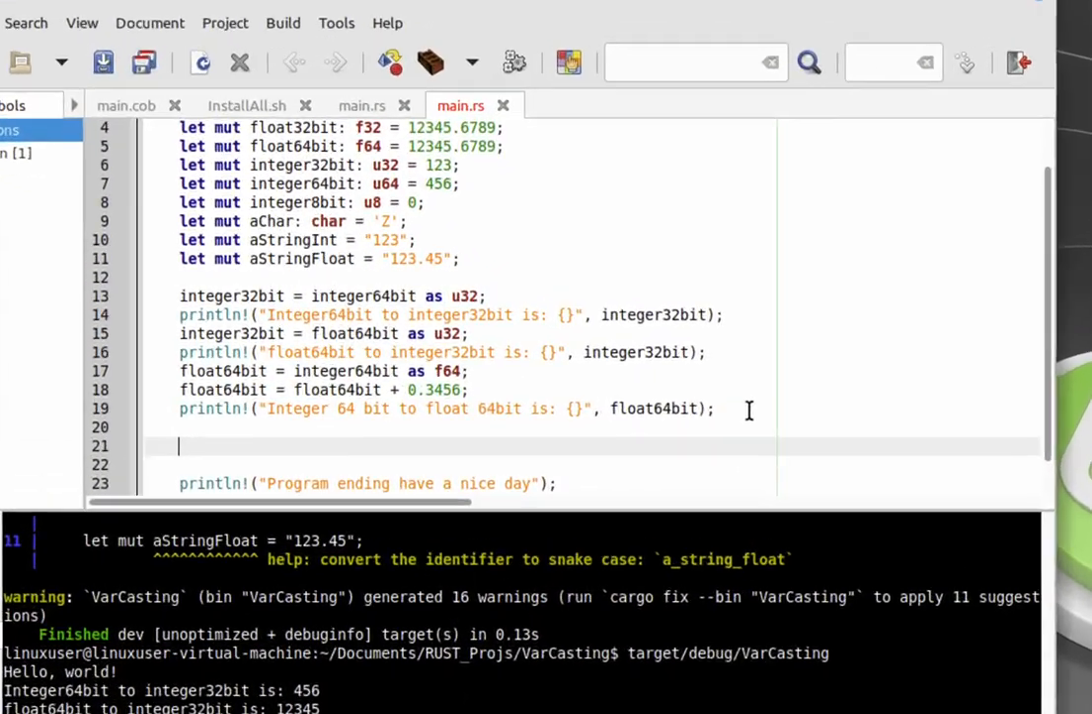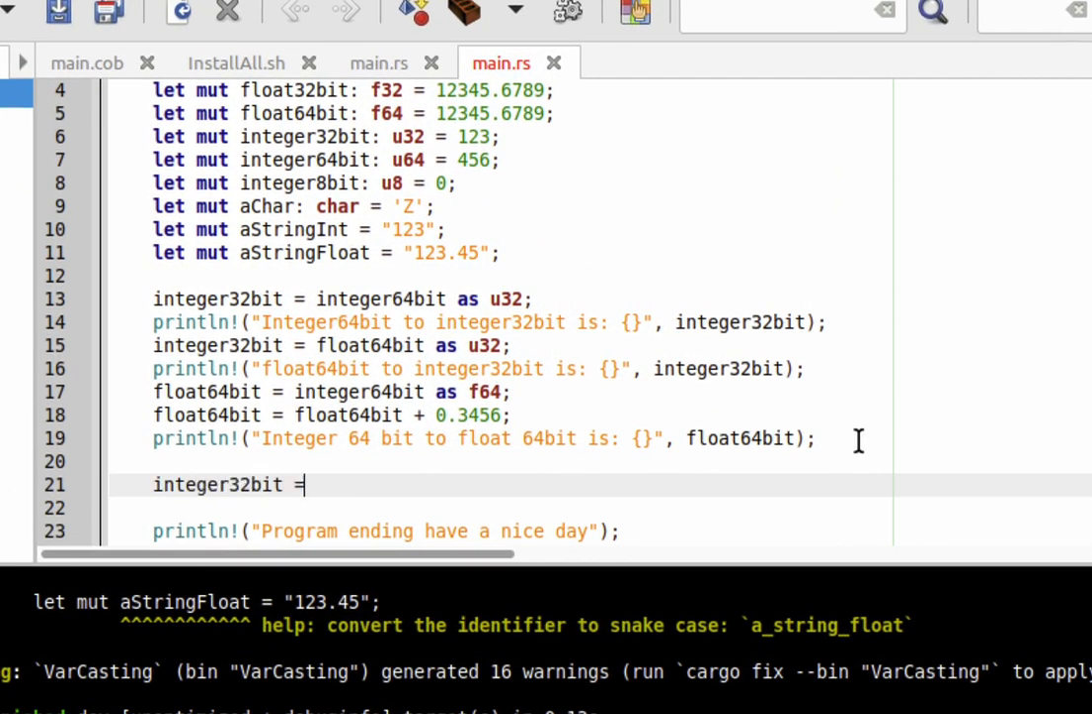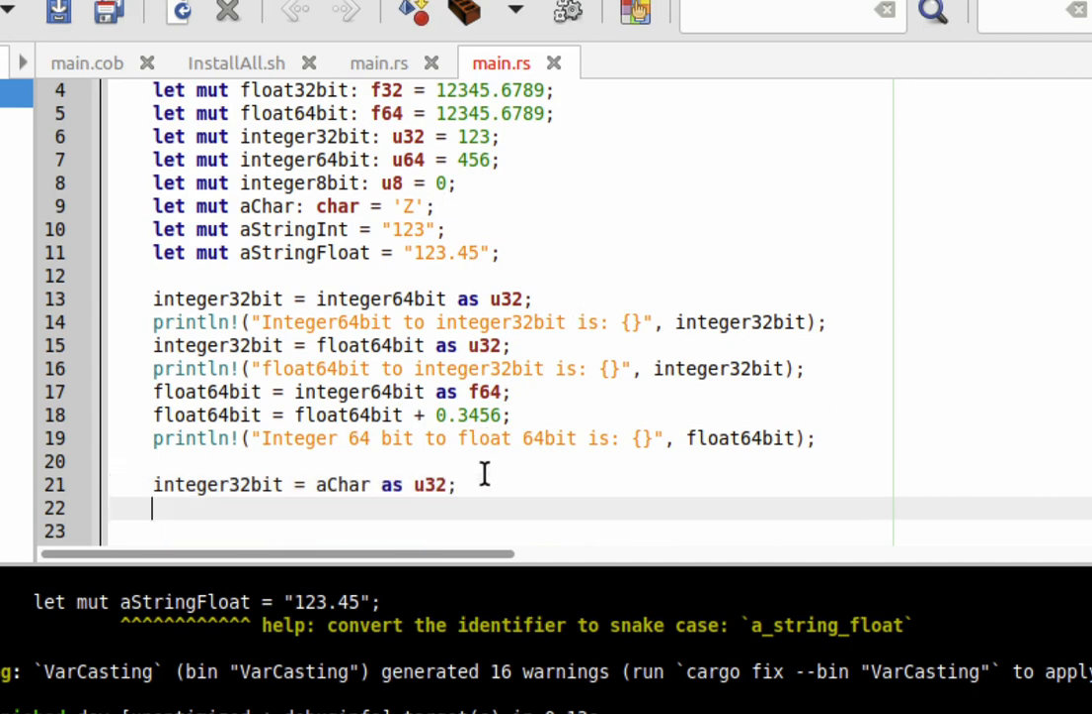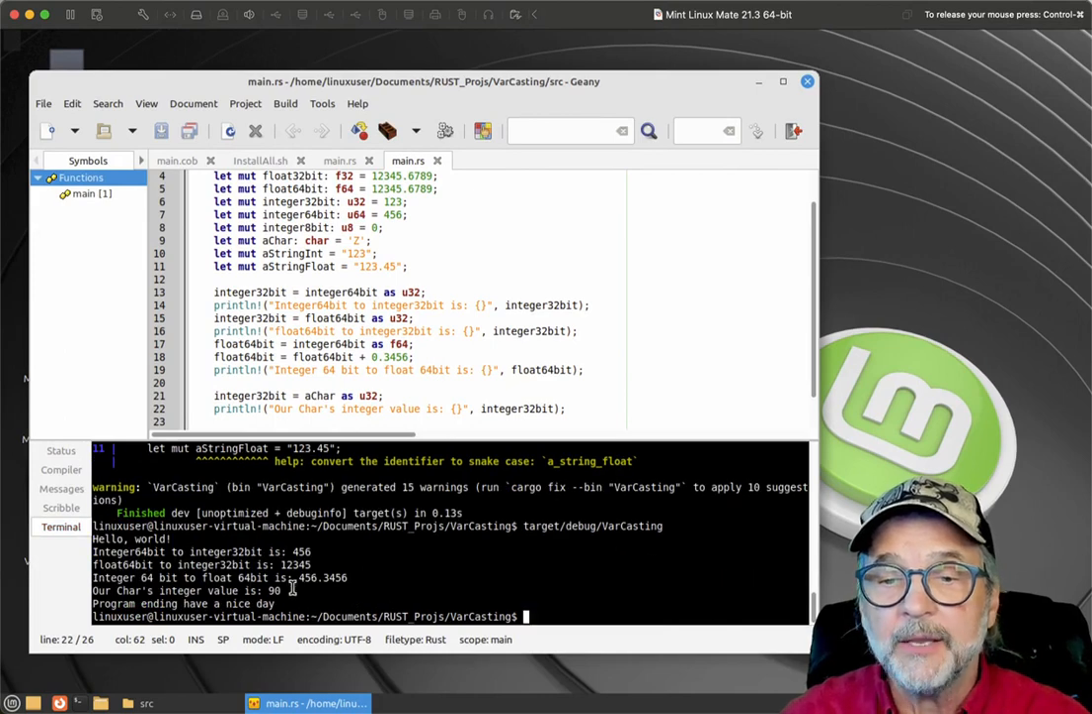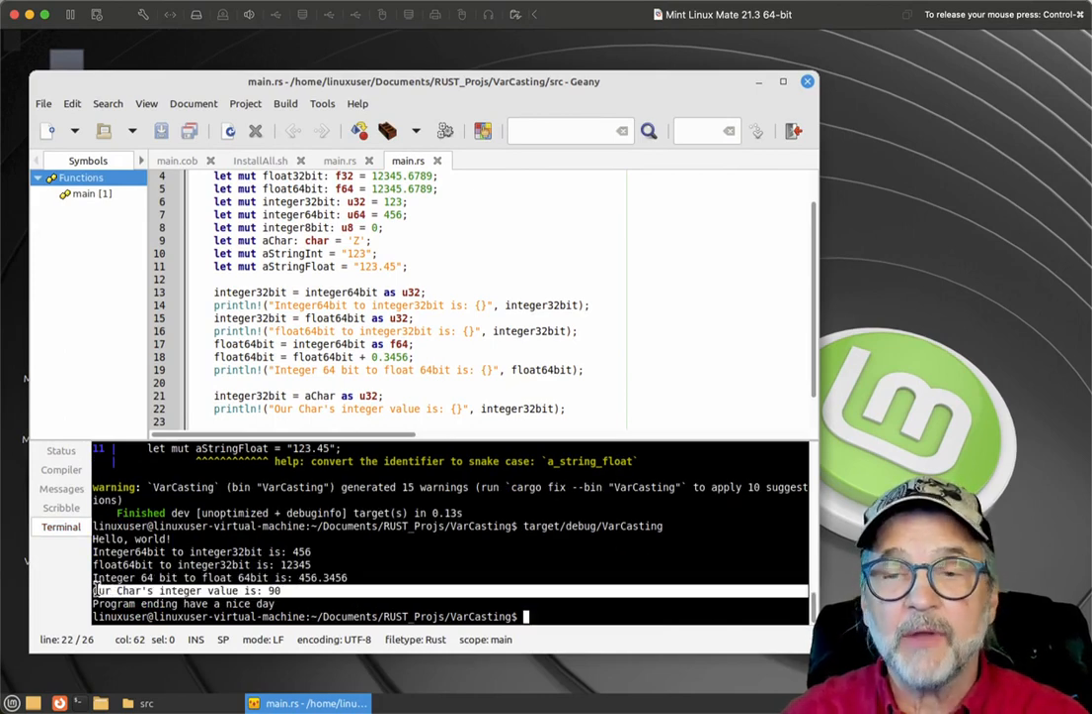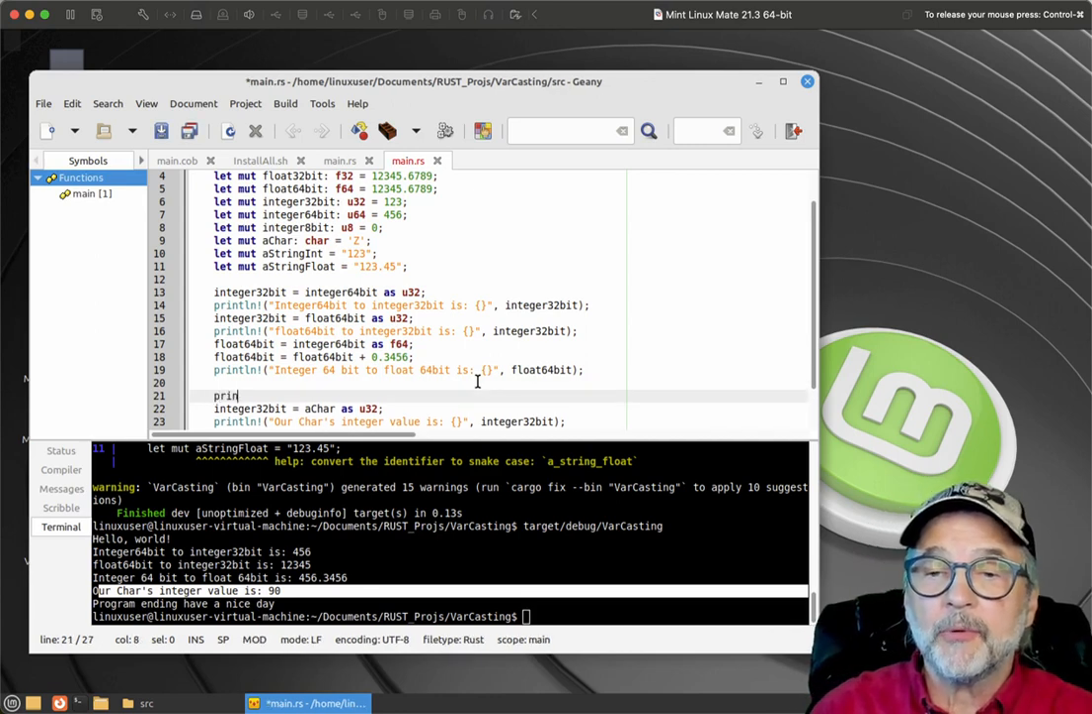So what I'm going to do is I'm going to say integer 32-bit equals a char as unsigned 32. Now a char is the letter Z. So let's go ahead and do that. And I'm going to say println our char's integer value is, and you can see that the capital Z has a value of 90. Now I'm going to go ahead and put println